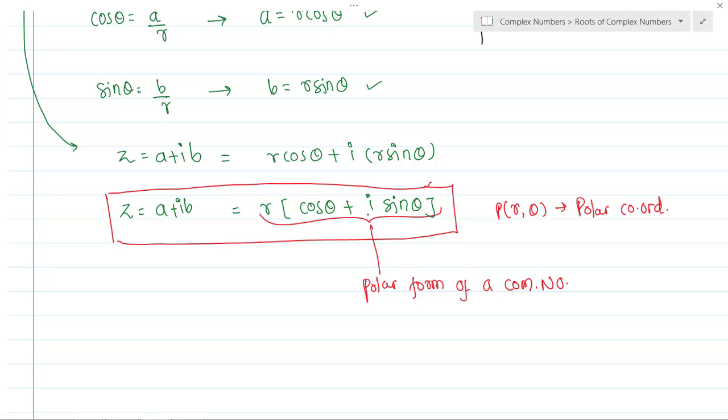Don't worry, once we get the questions, this part will become very easy again. So what do we have to remember? Polar form, and polar coordinate. Once you get z equal to some complex number, it is very easy to get r and theta. R is nothing but the modulus and theta is nothing but its argument. Once you get r and theta, you will simply get the polar form, because you require r and theta. That's it.